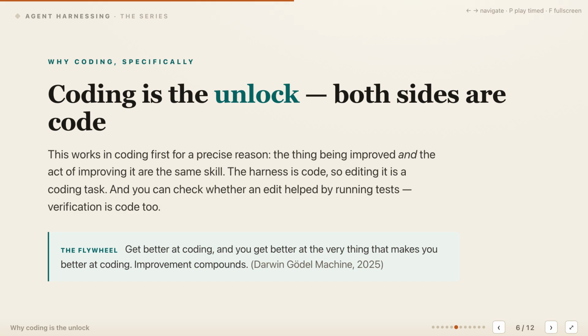Coding is where this works first because the object being improved and the improvement mechanism share the same medium. The harness is code, so modifying its tools, control flow, and review logic is itself a coding task. Verification also maps cleanly to code because tests can execute the change system and produce an external score. That creates a flywheel. As the agent becomes better at coding, it becomes better at the activity used to improve its coding harness. Capability gains can therefore compound across generations, provided the benchmark remains trustworthy and the search does not